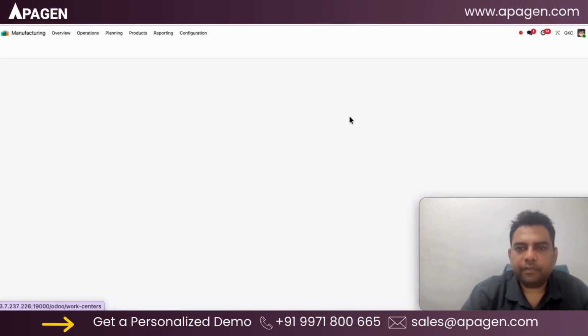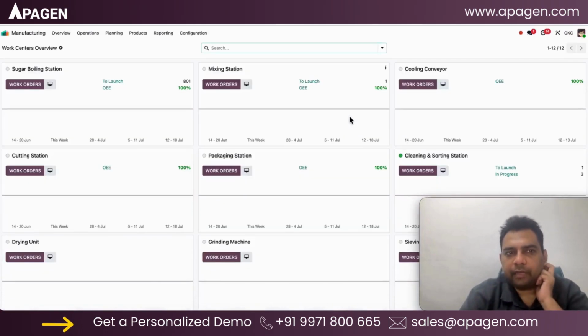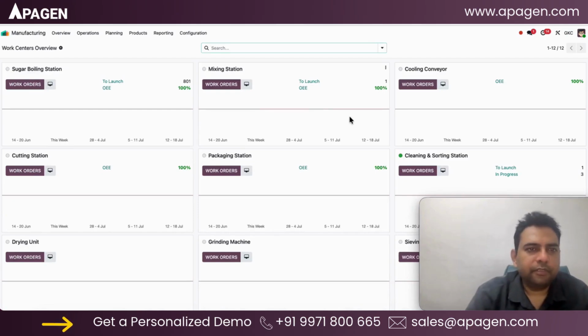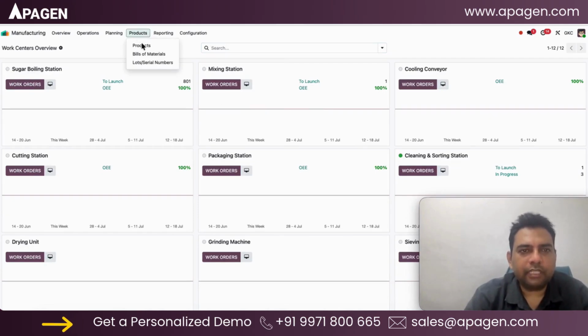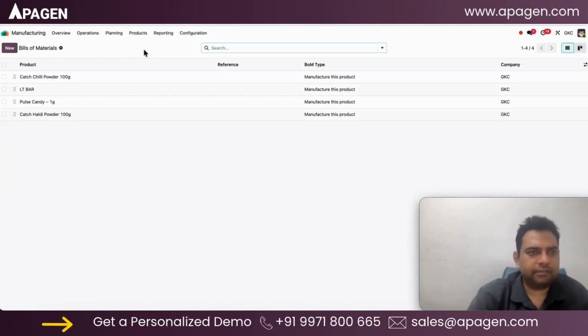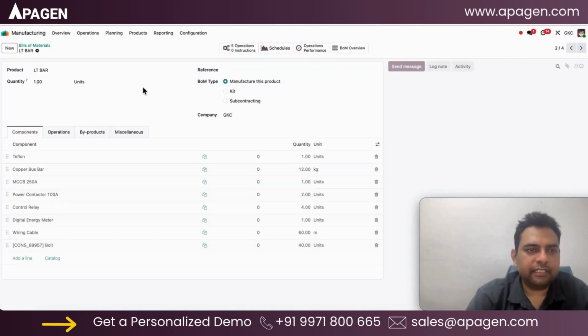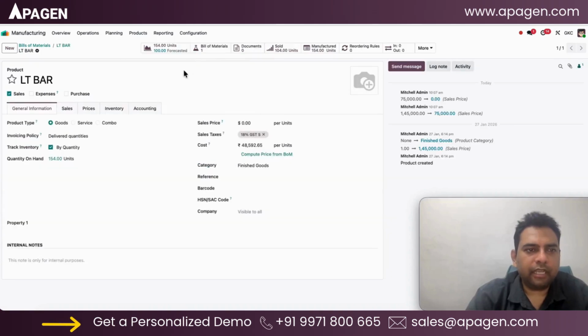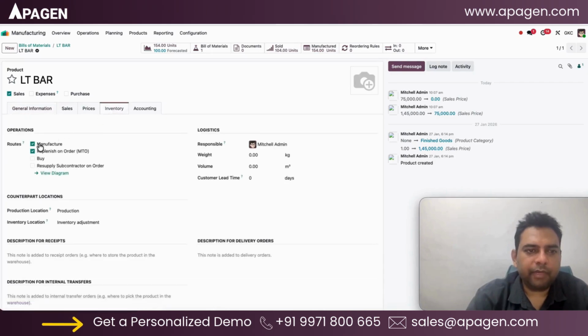Let's open up how we will plan our manufacturing management system. For manufacturing, it is important that we define our bill of materials. Let's take an example of a product, let's say LT bar. For this particular product, I have defined that this product is sellable and is going to be tracked inventory by quantities. I have also defined that this product is going to be manufactured and will be replenished on order, effectively